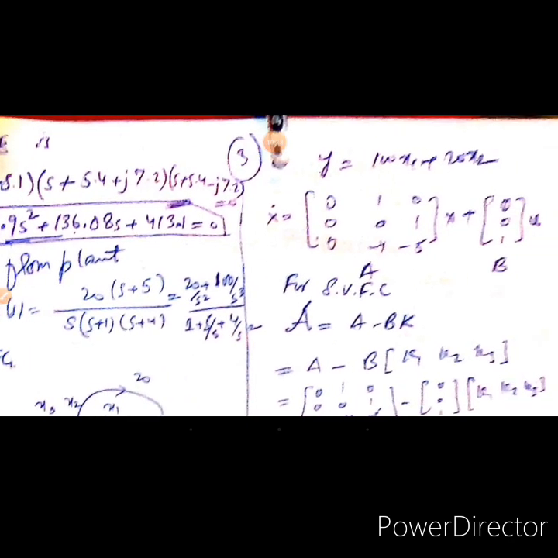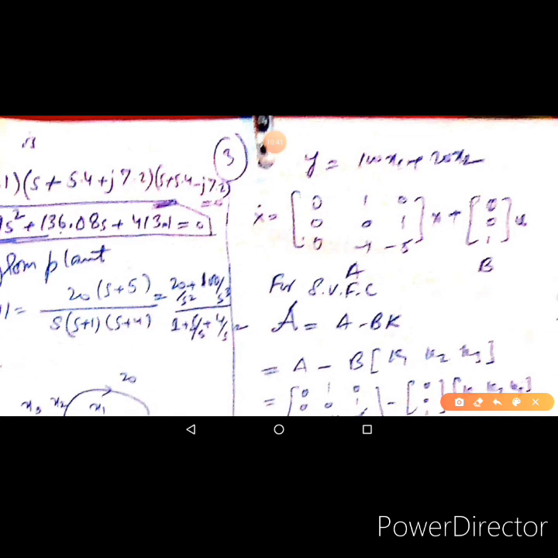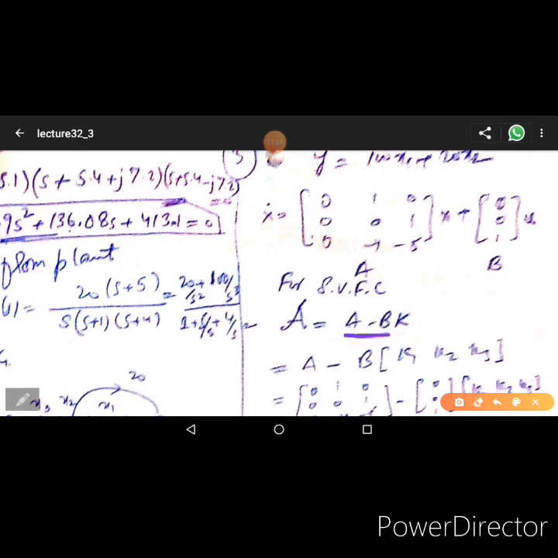मॉडल जो चेंज आपका हो जाएगा, उसमें हमारे पास जो सिस्टम यानी कि x डेरिवेटिव इज इक्वल टू (A माइनस BK) टाइम्स x। ठीक है, तो उस सिस्टम का जो सिस्टम मैट्रिक्स है, जैसे कि हमने स्टेट वेरिएबल फीडबैक कंट्रोल वाले लेक्चर में पढ़ा था, ये A माइनस BK के बराबर है। यानी नए सिस्टम की जिसमें हमने कंट्रोल लॉ u इक्वल टू माइनस Kx लगा दिया है, उस नए सिस्टम की जो सिस्टम मैट्रिक्स है वो A माइनस BK के बराबर है। यानी कैलीग्राफिक A जो है वो बराबर है A माइनस BK का।